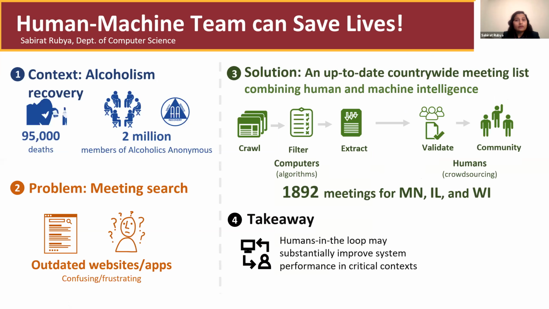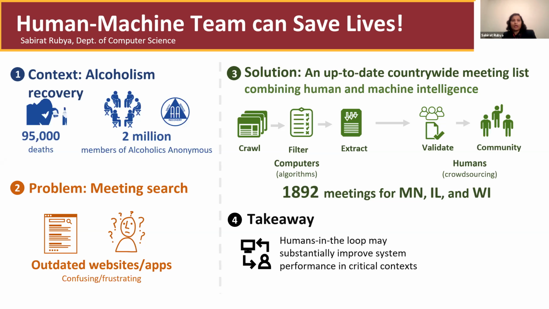Do you know that alcoholism is the 3rd leading preventable cause of death in the United States? Every year, more than 95,000 people die of alcohol abuse, and it costs the US about $300 billion. So among many different recovery options, Alcoholics Anonymous, or AA, is very popular with over 2 million members. AA hosts weekly meetings where people can gather, they talk about their problem, and they get a lot of